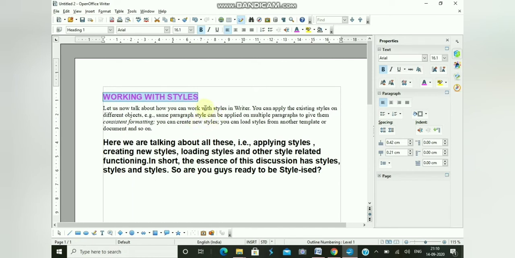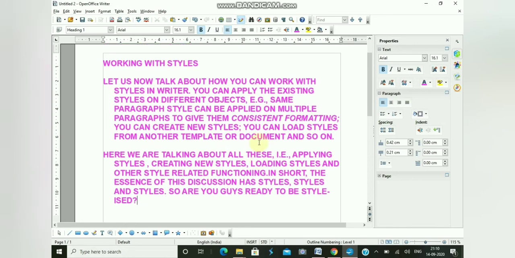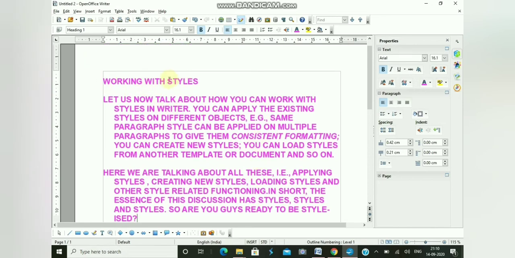So we have selected the text whose formatting style we want to copy. Then, just near the Paste button, we have the format paintbrush or format painter tool in the standard toolbar, and we just click on it. As you can see, the mouse pointer has changed to a fill bucket, and then we click and drag over the text we want to style. You can see the same formatting from the selected text has been applied to the text typed below.